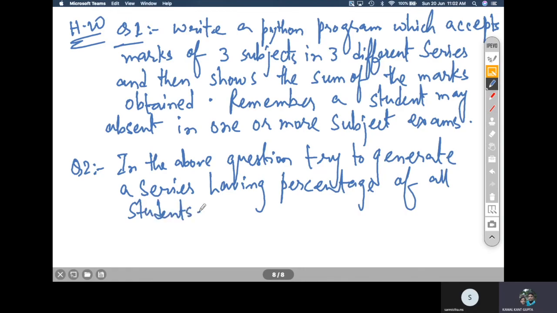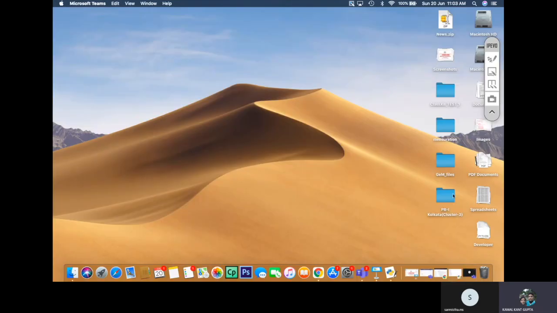Okay, so these are the two questions that I want you to go through, and remember, you have to take data for 5 or 7 such students. So use data for 7 such students, 3 each, that makes 21 entries, and then you have to do this particular task.